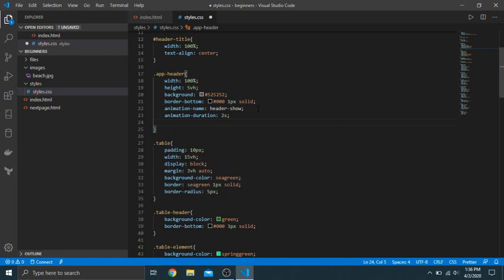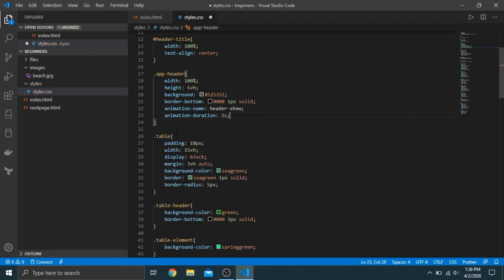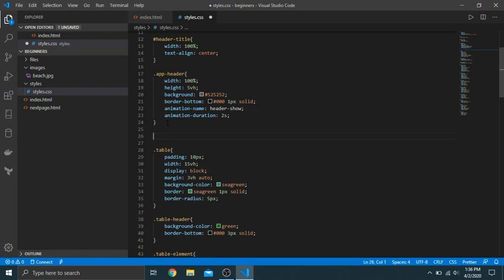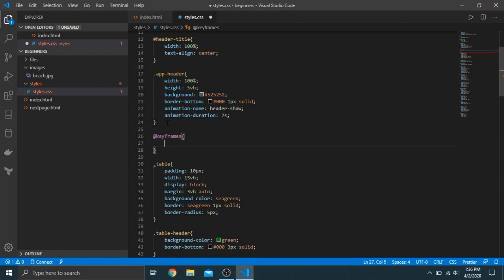And so for the animation, you need to make something called keyframes. In order to do that, you have to do at keyframes like that. And then you have to actually put the name of the animation, so it'll be header show because that's what we named it. So it can link it to this CSS class or ID, whatever you want to put there. And so now we can do